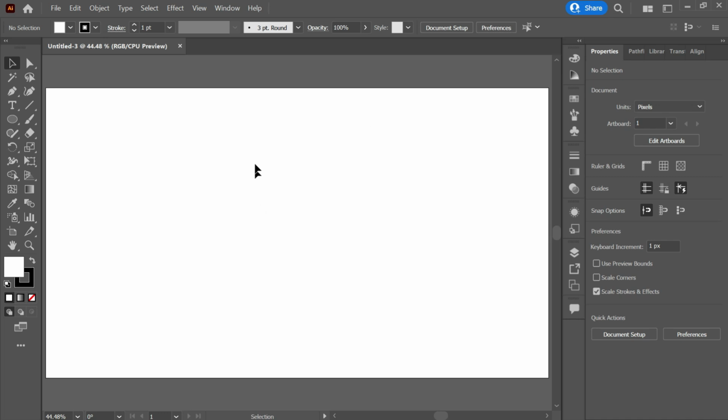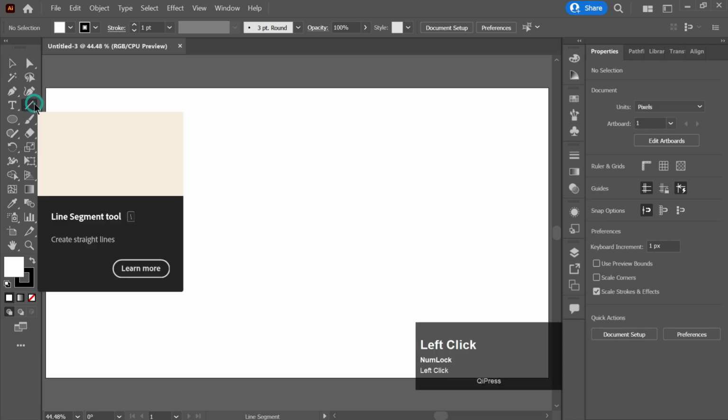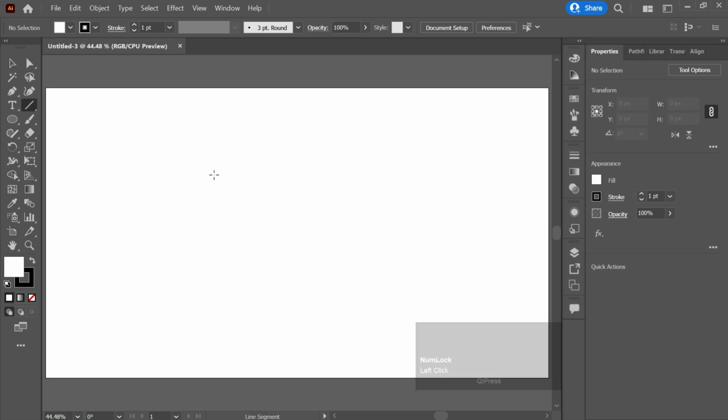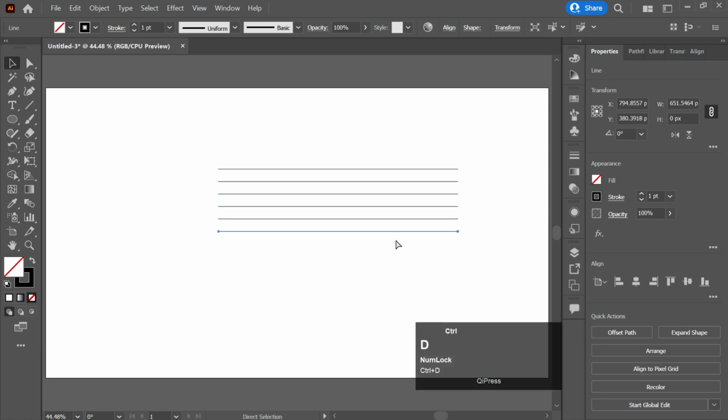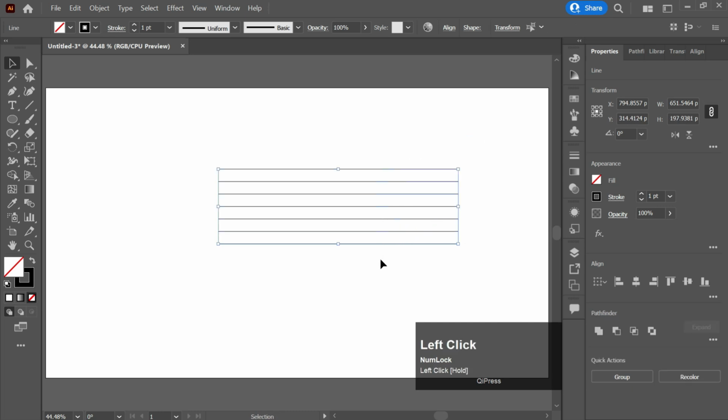First of all, I'll be making some horizontal lines. For that, I will select the Line Segment tool, and by holding Shift, I will create a line like this. By pressing Alt and Shift, I will make a copy of it, and I will duplicate it like this. Now I'll select all of these lines